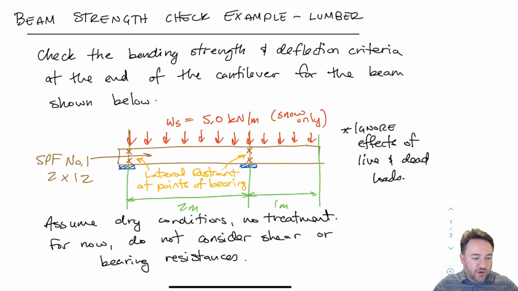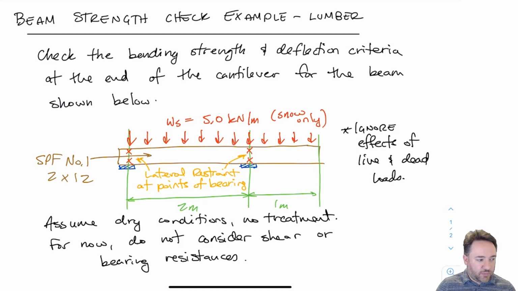Remembering that the four effects that we need to consider for beam design are bending, shear, compression perpendicular for bearings, and deflection. So here we're just going to focus on moment, bending strength, and deflection for now. And you'll see we have a beam that has an overhang, so it has a simply supported portion and a cantilever portion. And we want to determine whether this beam is going to be satisfactory for the loads